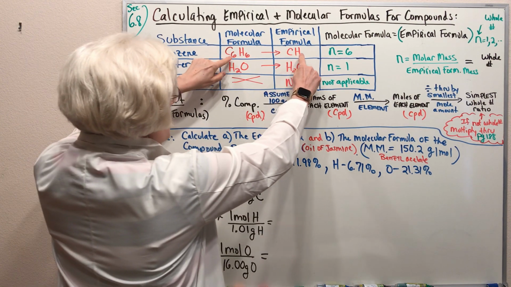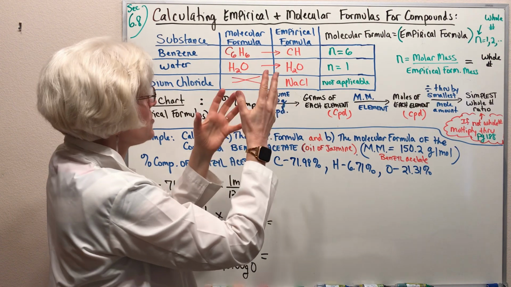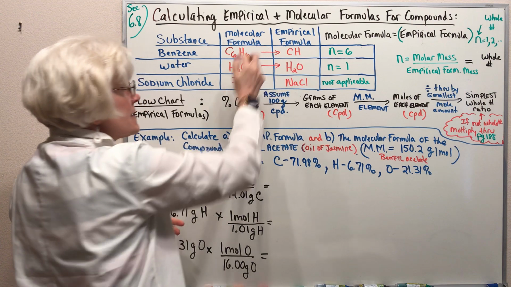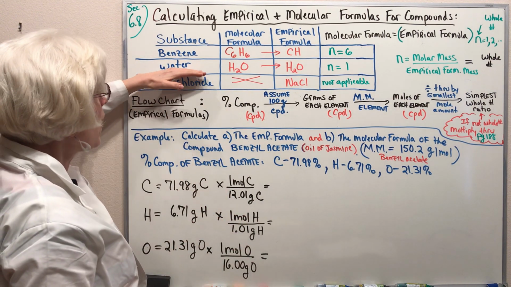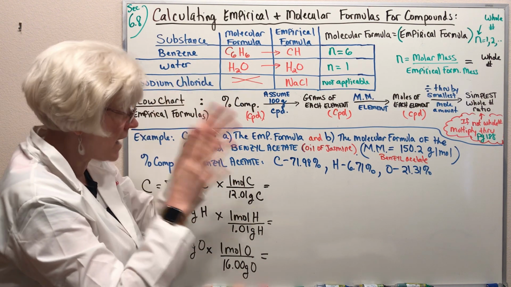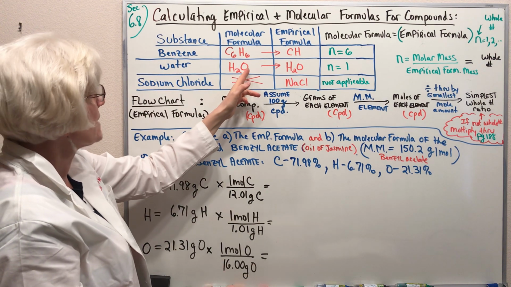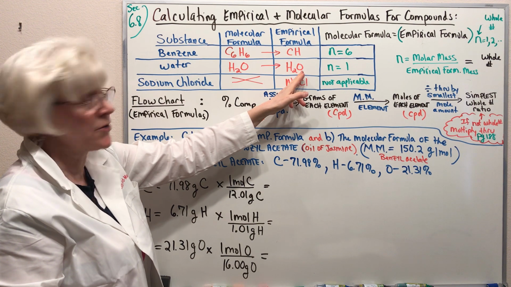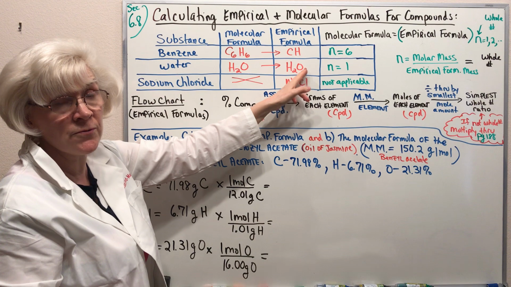So in benzene's situation, its empirical formula, which is not its actual structural composition, but just the simplest whole number ratio, is different than its molecular formula. In the case of water, H2O, that's its actual chemical formula: 2 hydrogens bonded to 1 oxygen. I see that the molecular formula can't be reduced down any further, so water's molecular formula and its empirical formula